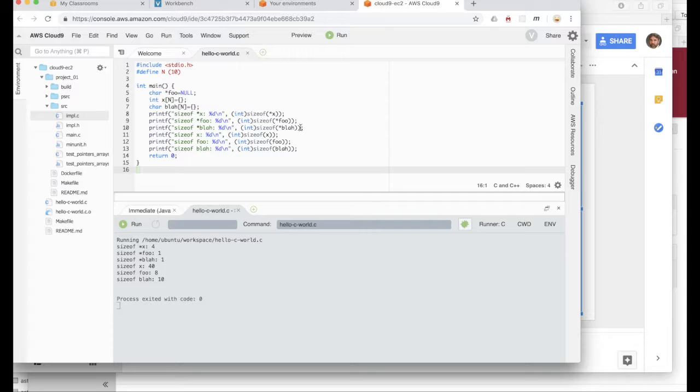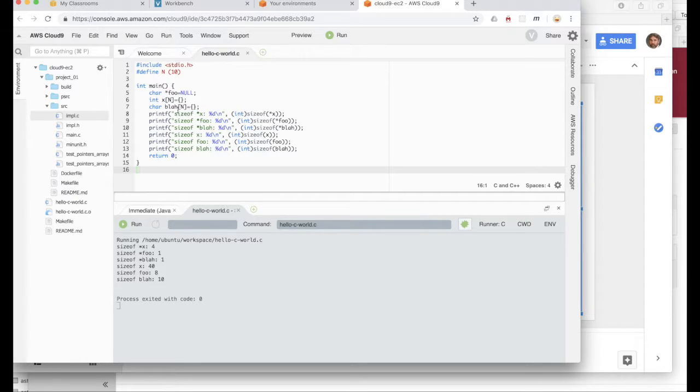That makes sense. sizeof foo, it says sizeof foo is 8. Well, foo, unlike *foo, is a pointer. So what that means is on this system, a pointer requires 8 bytes, whereas the thing it points to, *foo, only takes 1 byte. So the pointer is 8 times the size of the thing it points to, which seems a little inefficient, but well, a pointer is a pointer. That's what it is. So sizeof blah. Blah is an array of characters, so it behaves like a pointer, so it's going to be the same thing. Well, actually it says it's